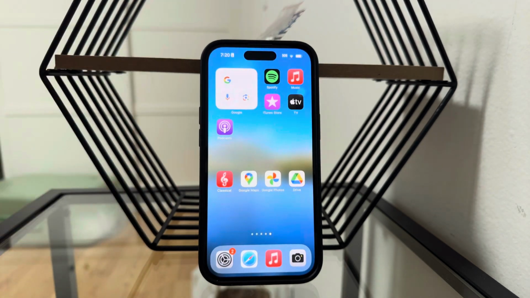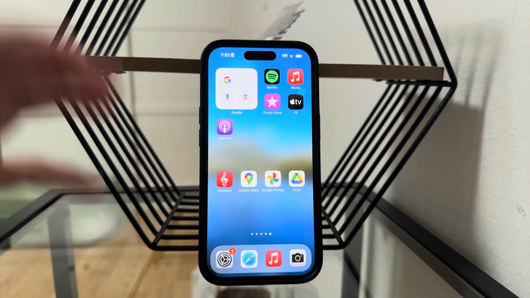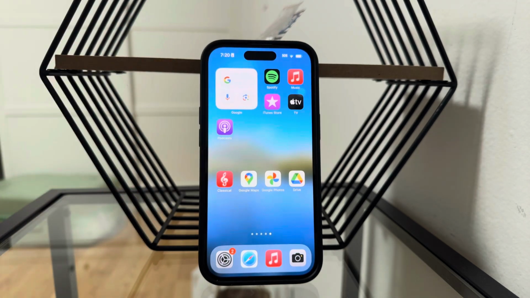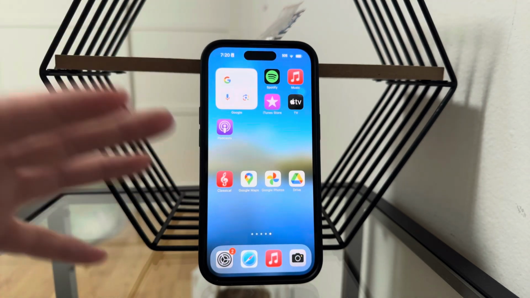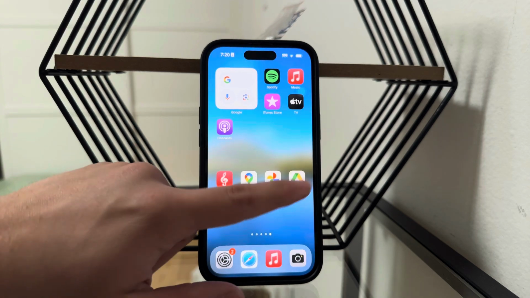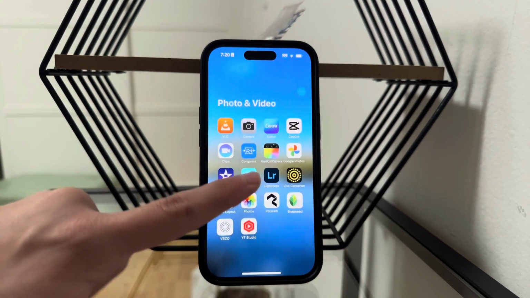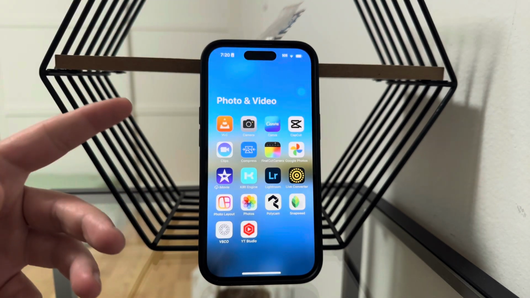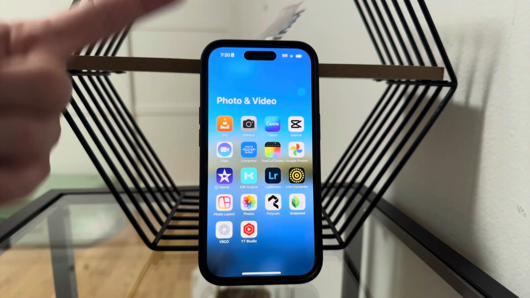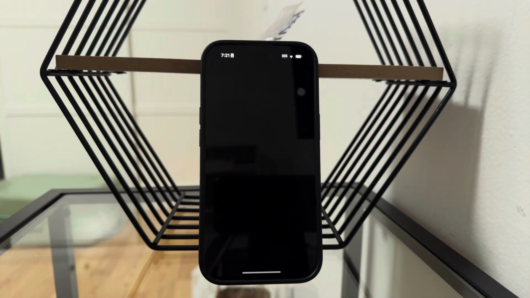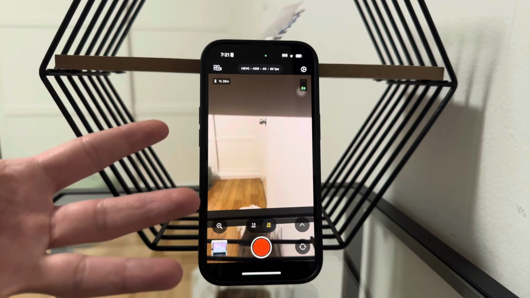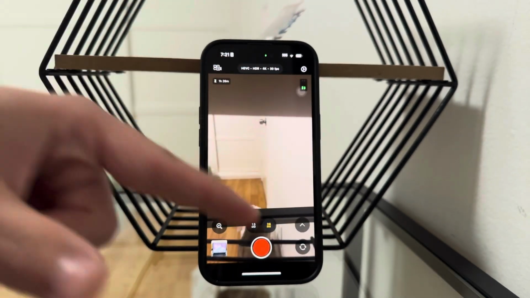Also, the other thing I wanted to get to is to use another third-party camera app. And I know what you're thinking, there are plenty of them out there which require to be purchased, or you need a subscription for them or whatever. But there is one from Apple which I quite like. It's a Final Cut camera. As you know, Final Cut is the video editor on iPads and Macs, but Apple recently came out with the camera, which if you open it up, you can access the same stuff apparently as the iPhone's actual camera, but